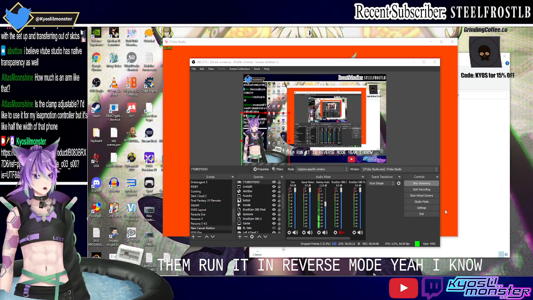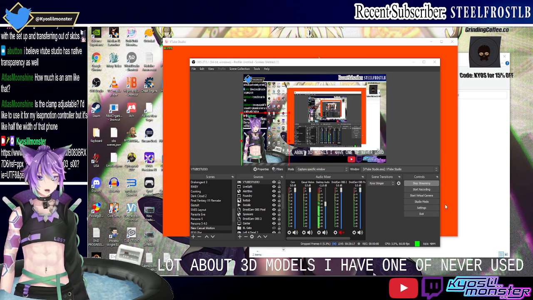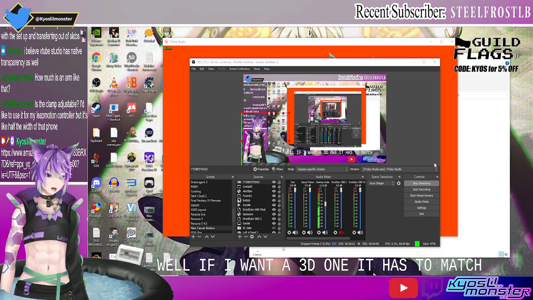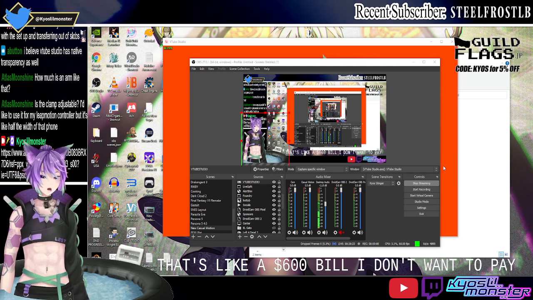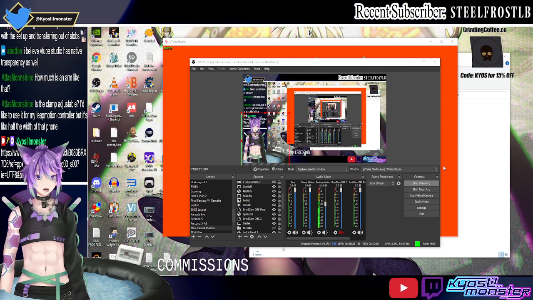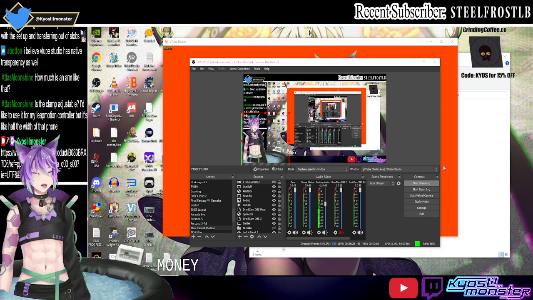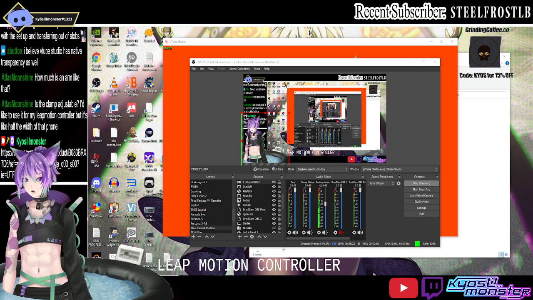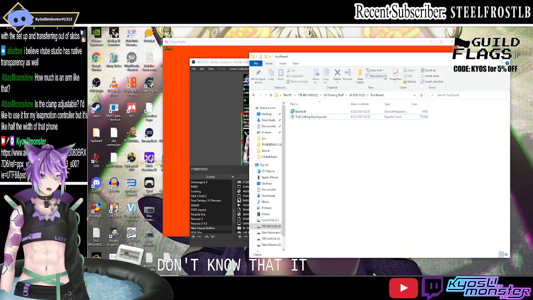Yeah, I know a lot about 3D models. I have one I've never used, and now I have this new 2D model. I'm like, well, if I want a 3D one, it has to match, and that's like a $600 bill I don't want to pay unless I can get a bunch of 3D print commissions because I'm tired of spending money. But yeah, I have screwed around with the Leap Motion Controller. For those of you that don't know that it exists,